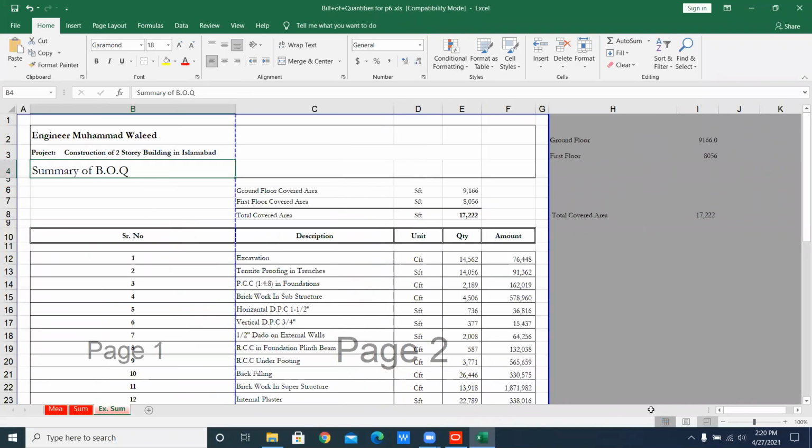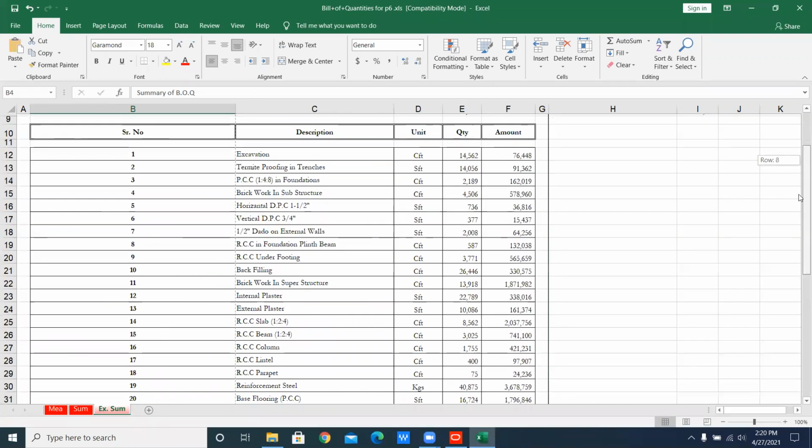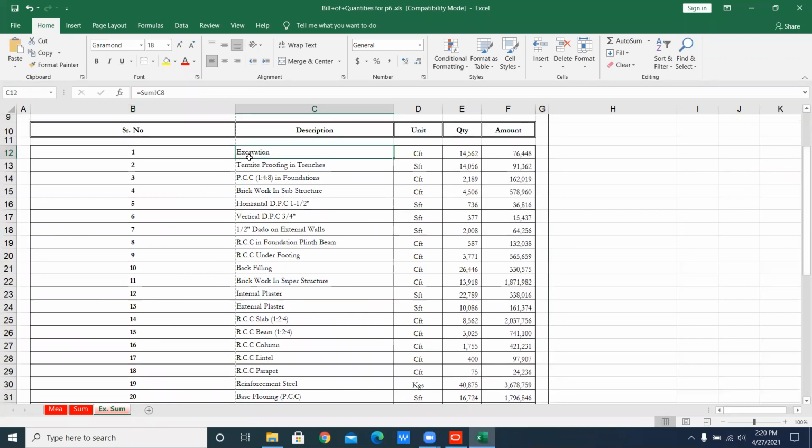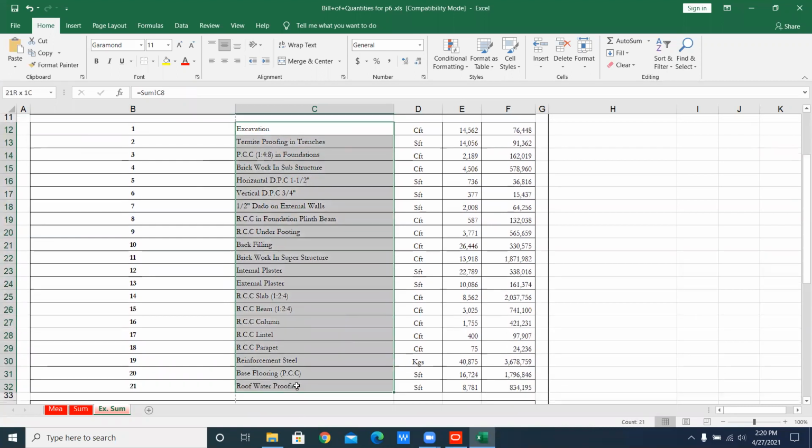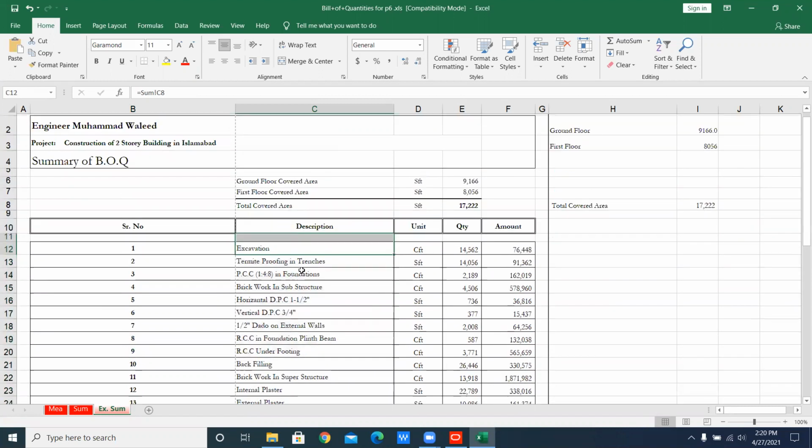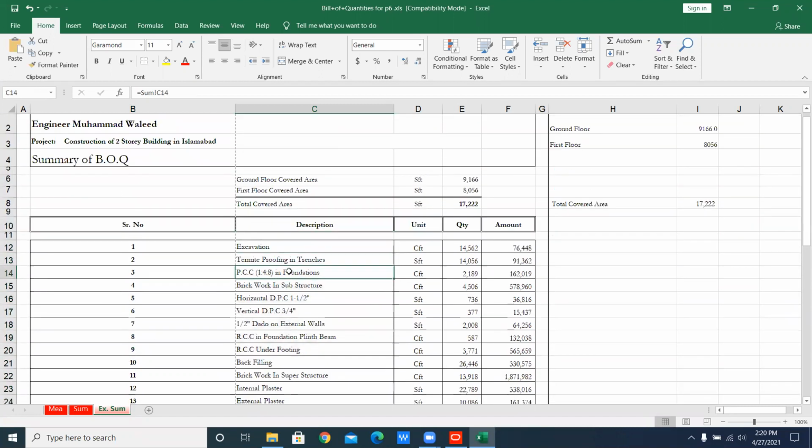here you will see that this one is the first step, excavation. It means that this comes in substructure. If you add all activities right down without any WBS, without any breaking of your work, then no one can understand which work is coming under the ground and which work is coming above the ground.